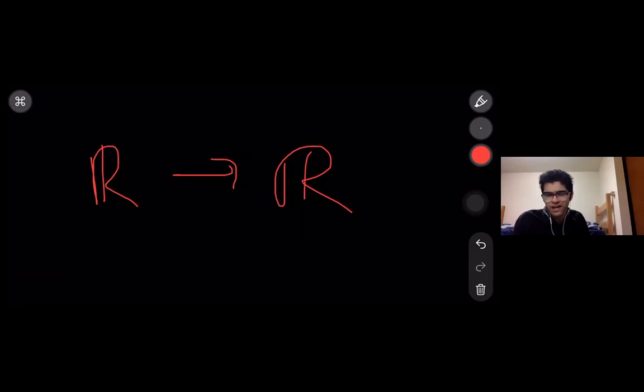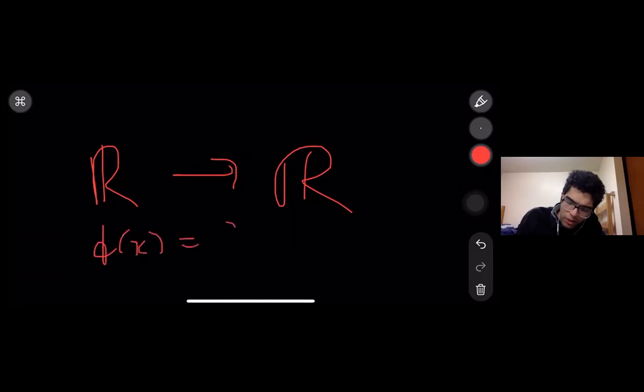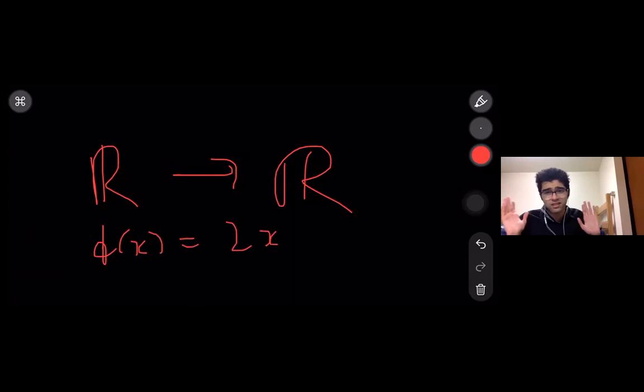Okay, so we can think of it as a graph. Very simple. And I say that f of x equals 2x. This is my function. So I will take every number and I'll multiply it by 2. That is what the function is doing. So if I do f of 0, it will give me 0. F of 1 will give me 2. F of 10 will give me 20. F of 1000 will give me 2000. And f of minus 5 will give me minus 10. That is what the function is doing.